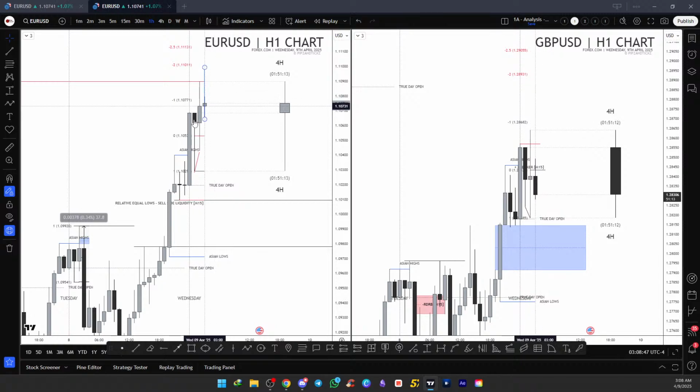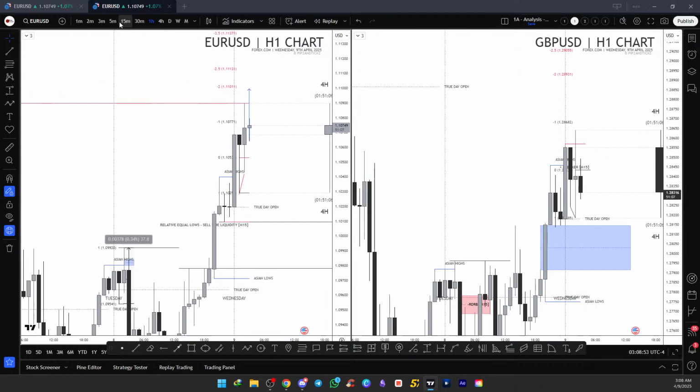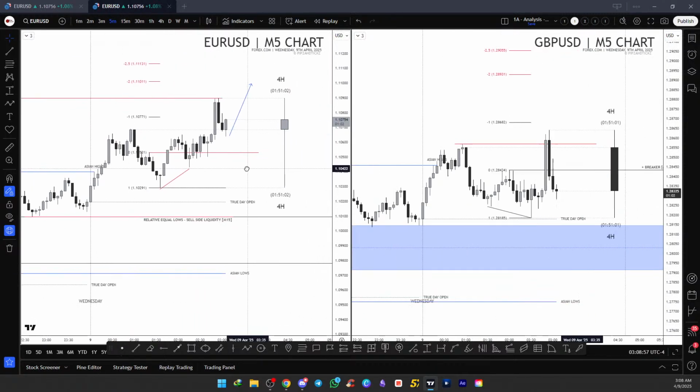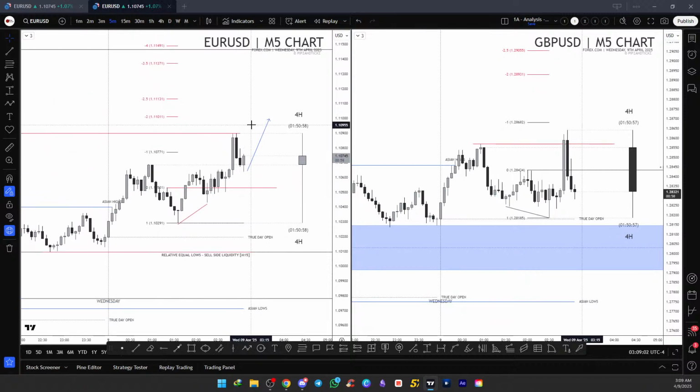So by consolidation the price has already moved up, so we can expect some kind of retracement to the internal liquidity. That's what I'm currently expecting to happen. What I need is to see a clear manipulation. Like it has to be SMT, it has to be a raid on liquidity, or it has to be